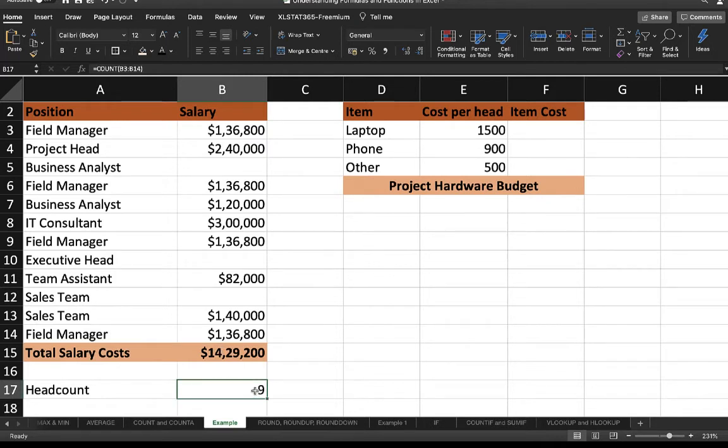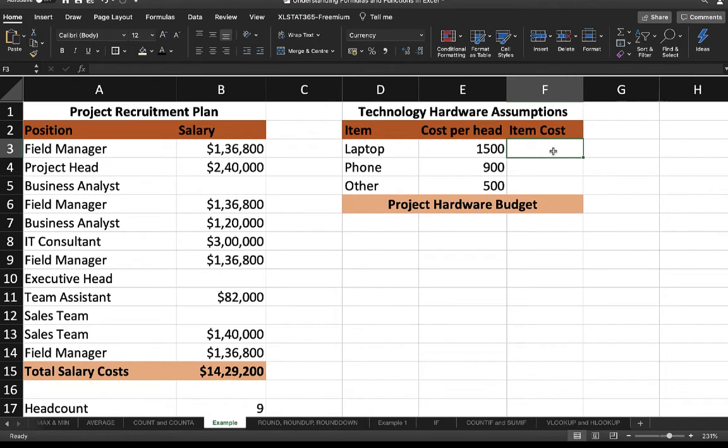Again, the counta function would have worked in this situation, but I specifically wanted to add up only the number of staff for which I have a budget. Suppose I want to calculate the item cost here. So in cell F3, I'll enter the formula, that is E3 into head count B17.